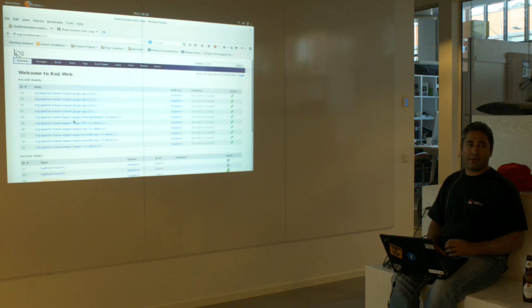Because of the way Koji works, it will create a list of the dependencies that were used in order to satisfy the build in Maven. It will use that list to go off and fetch the dependencies again, and it will tag them into a branch inside Koji that we can then use to run the build against.